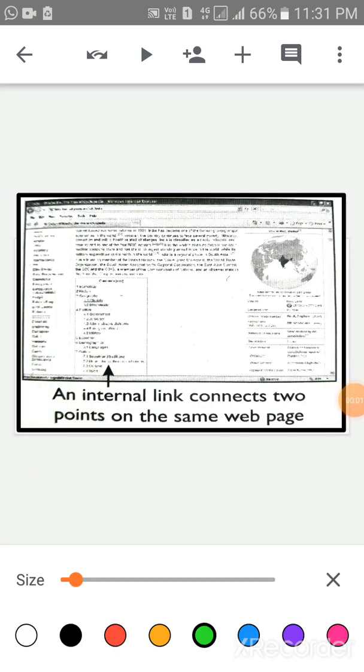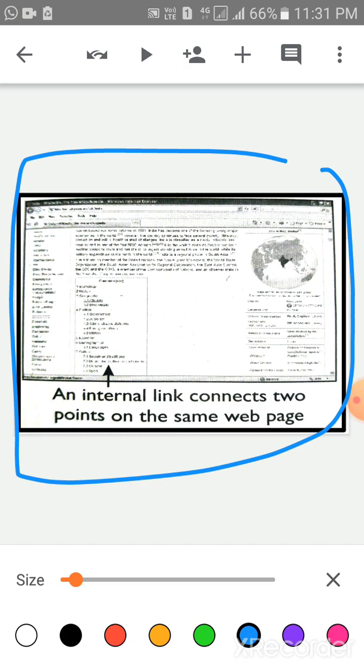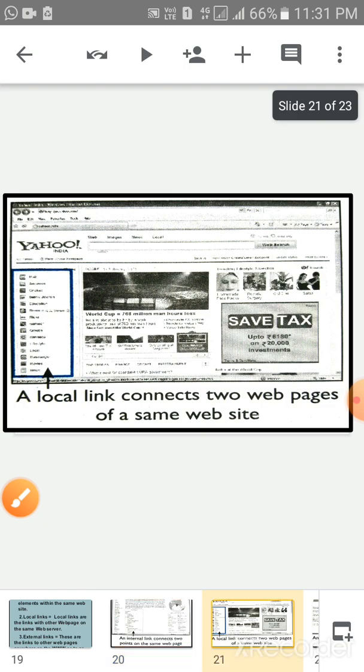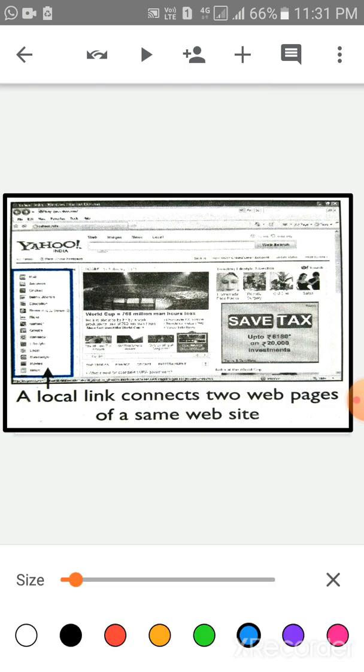Now children, an internal link connects two points on the same web page. Okay, this one. Now look at the screen. A local link connects two web pages of the same website.